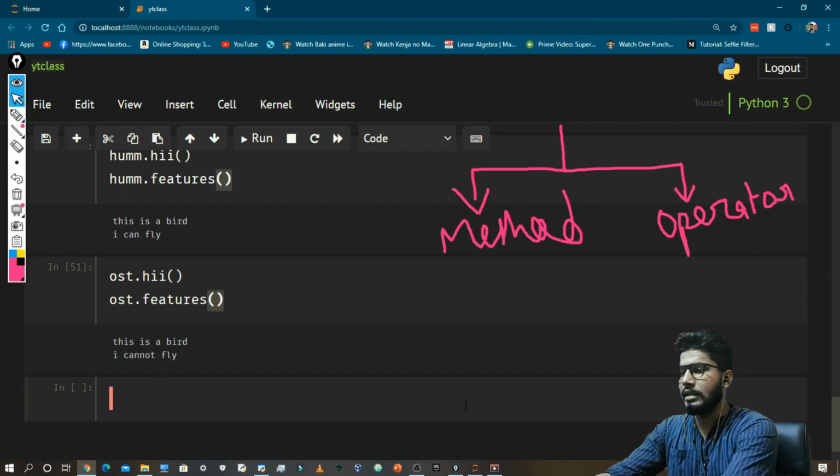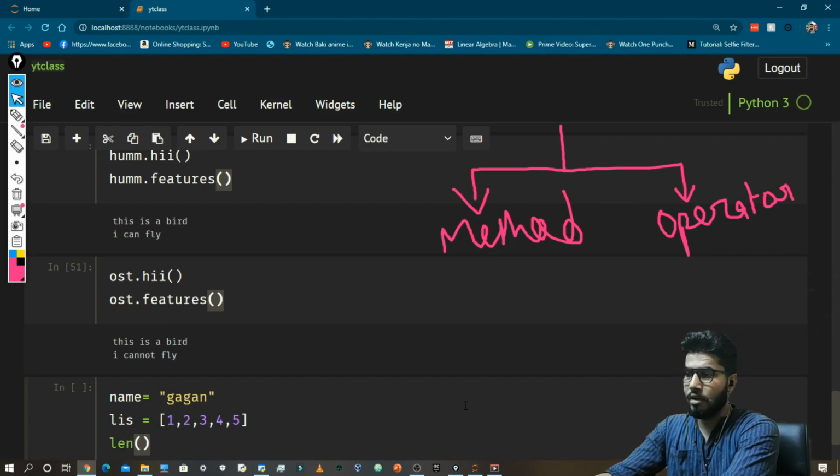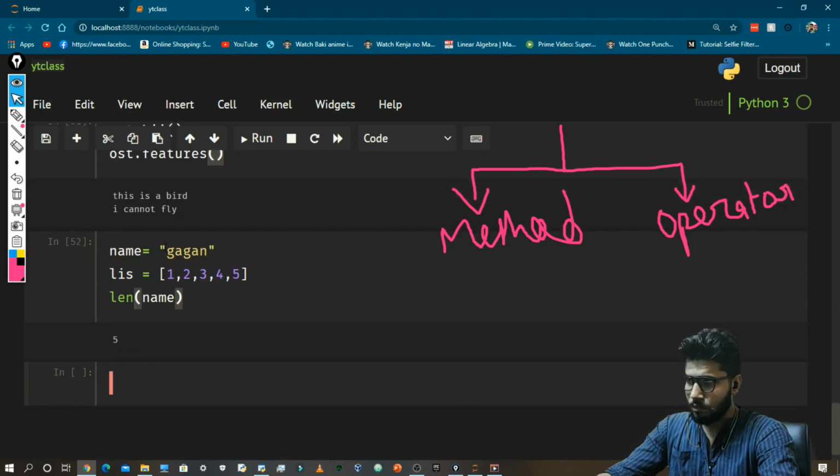Okay, so let's take an example of a string. name is equal to Gagan. And let's take a list equal to 1, 2, 3, 4, 5. Now there is a function called len, which is an acronym for length, and here you can pass the variable name, and as you can see, it shows us the length of this string.